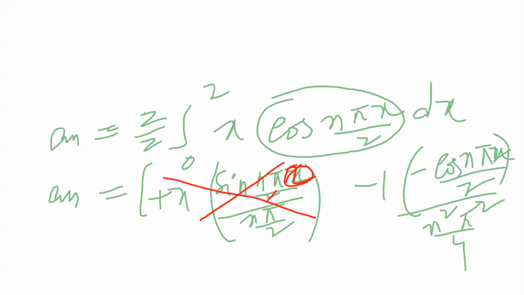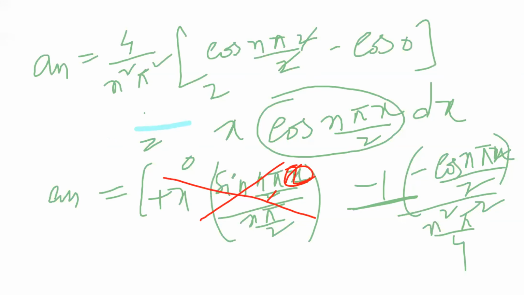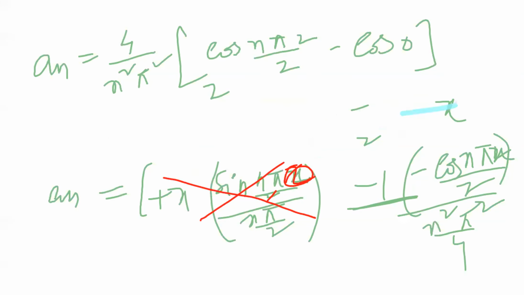So the cos function, minus into minus plus, n square pi square by 4, we have to write in the reciprocal, 4 by n square pi square, and cos n pi x, that value 2, and minus cos 0, lower limit 0. So here 2 to cancel, 4 by n square pi square